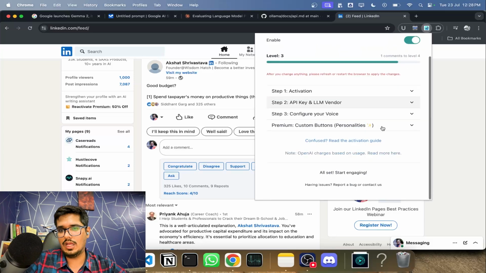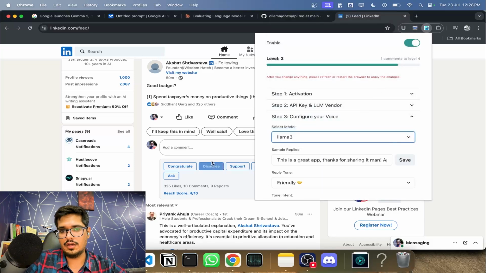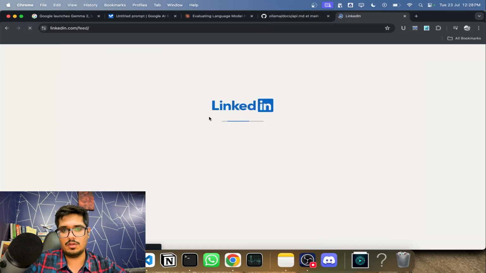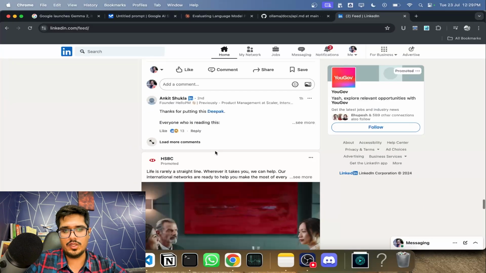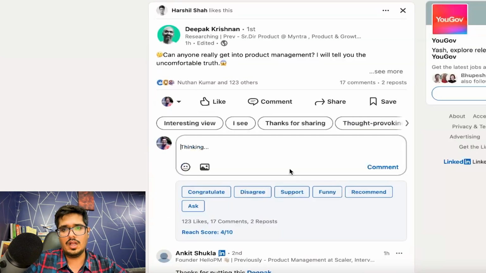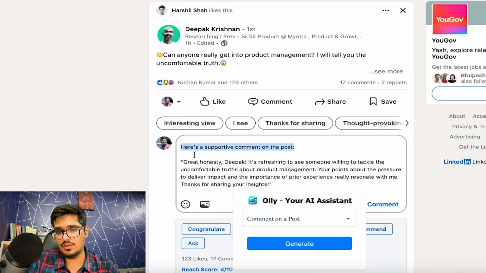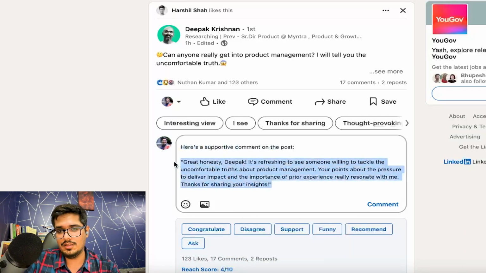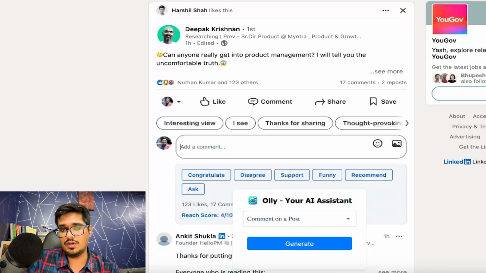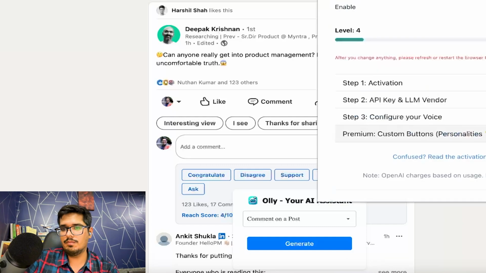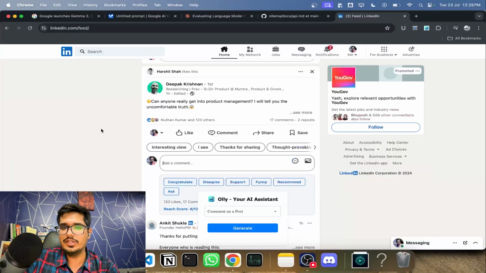Again, if I switch to Llama 3 in here, and if I try generating something after I switch to Llama 3, let me refresh this. So let me go ahead and quickly add a comment on this. I've been seeing a lot of issues with Llama 3 in general use cases too. And I don't know if it's with respect to the model that I am using, or the variant of the model that I'm using. You can see it adds this weird "here's a supportive comment on the post text," and then generates the comment in double quotes, which is not what I want in the prompt and not what I've specified in the prompt. So Gemma 2 will really work for me because it works exactly like